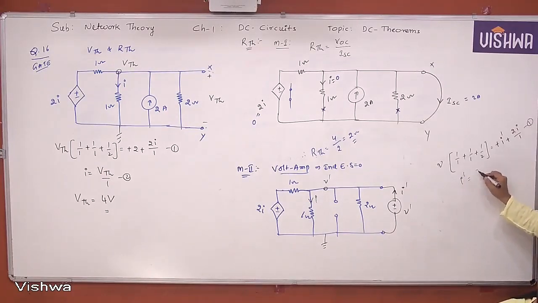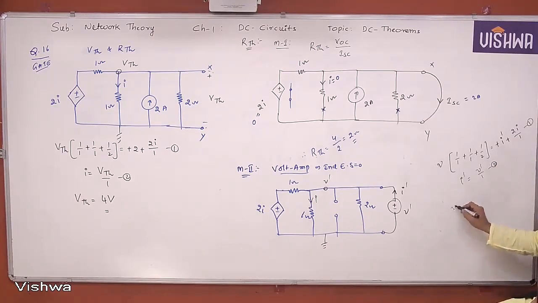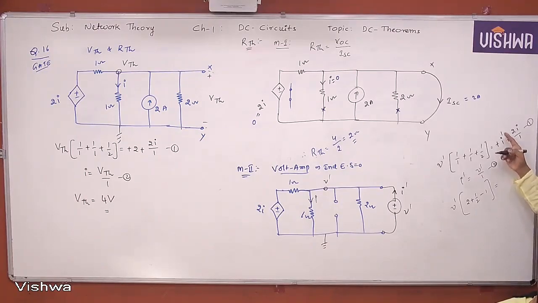I dash is equal to V dash by 1. If you substitute here, what do you get? This is V dash. 1 plus 1, 2, 2.5. It's 2 plus half. And this is V dash by 1. That means minus 1 when you substitute it here. Then, when you get V dash by 1, bring this side, and finally,